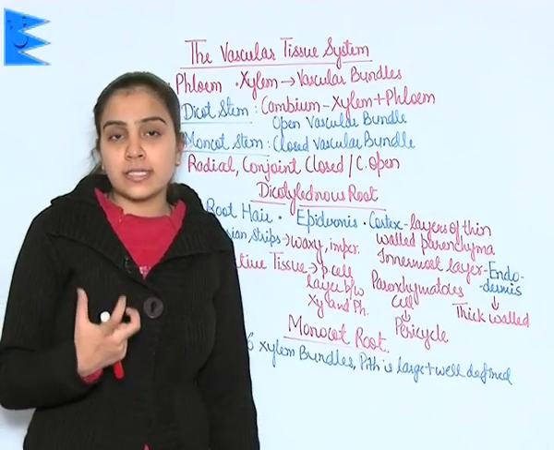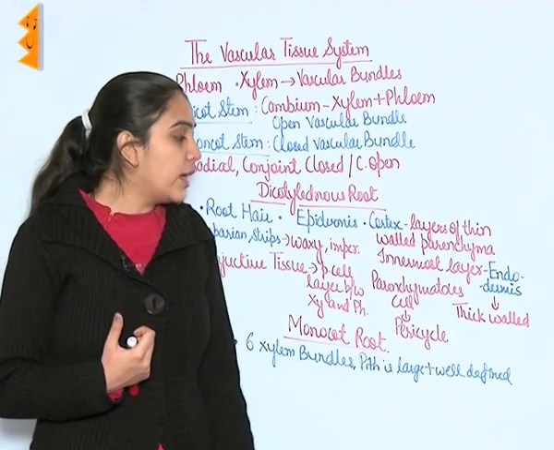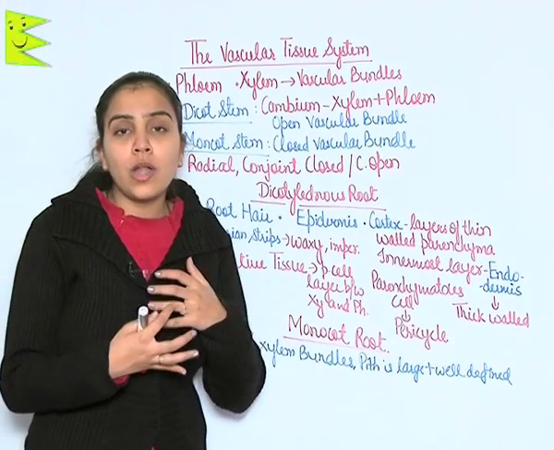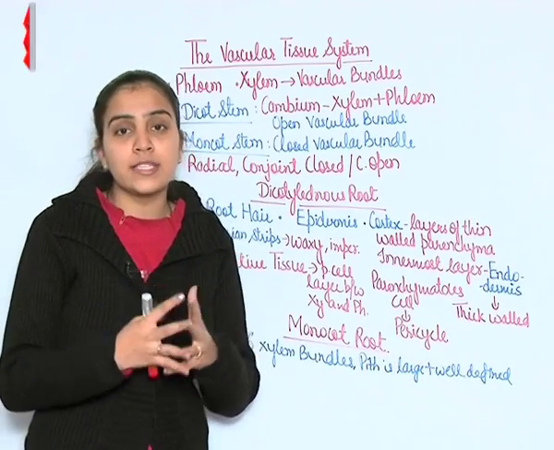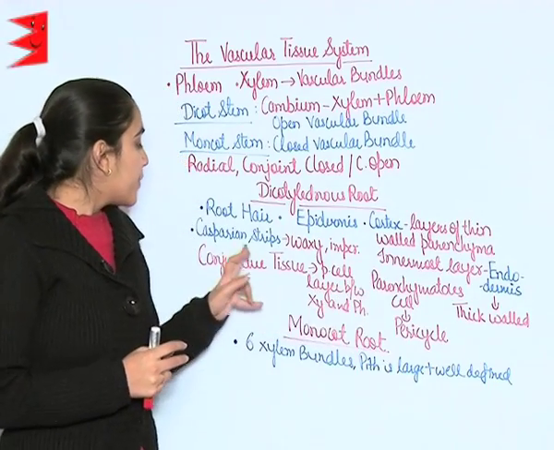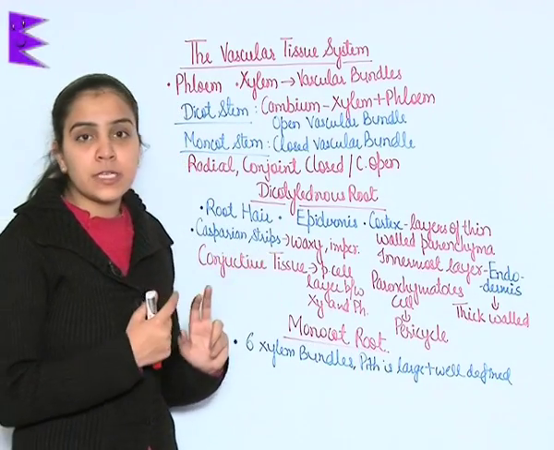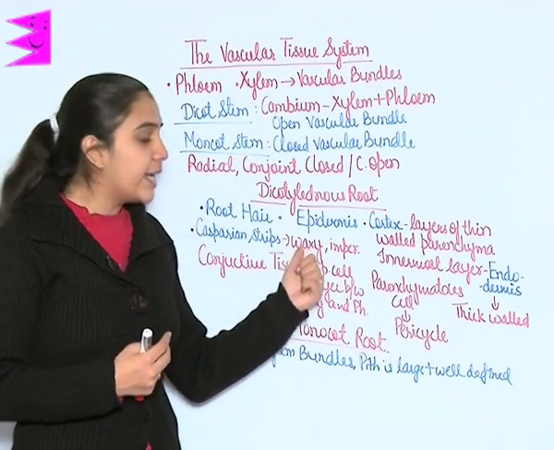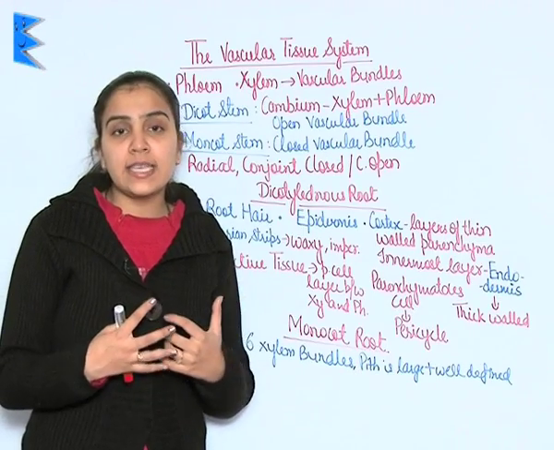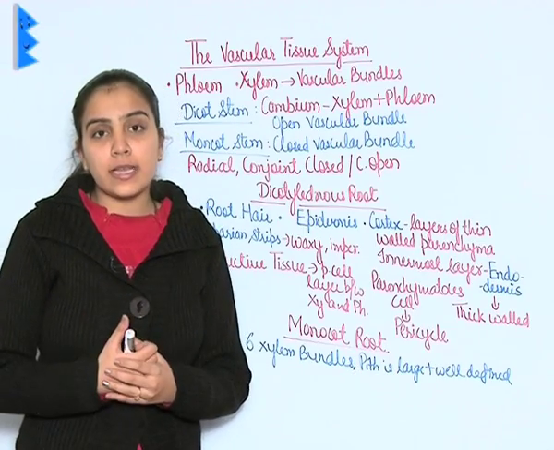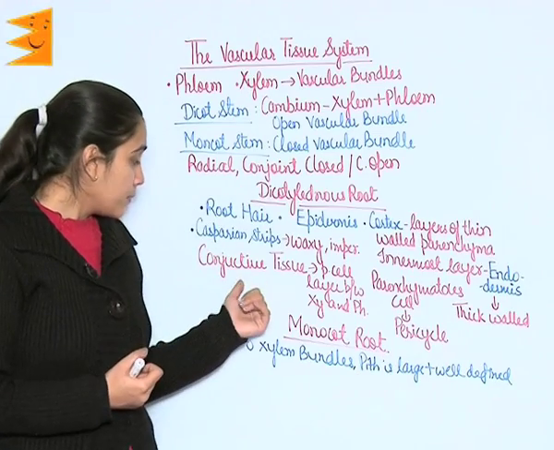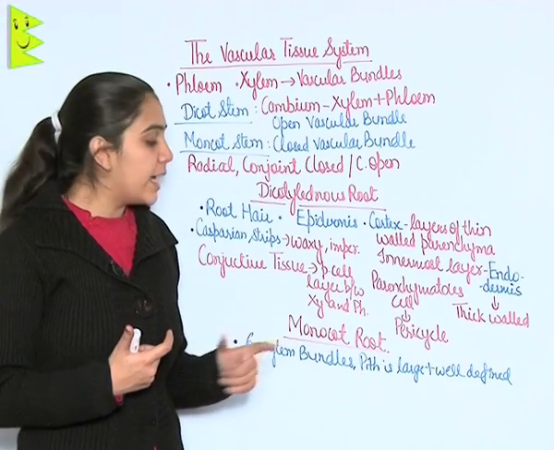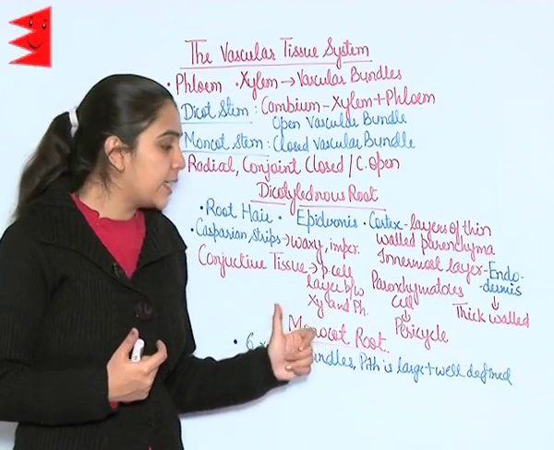This endodermis is composed of thick walled parenchyma cells, and these thick walled parenchymatous cells give rise to pericycle. Casparian strips are present in this endodermis. It is nothing but a waxy outer covering which is impermeable to water. Conjunctive tissue, which is a parenchymatous cell layer between xylem and phloem, is present.